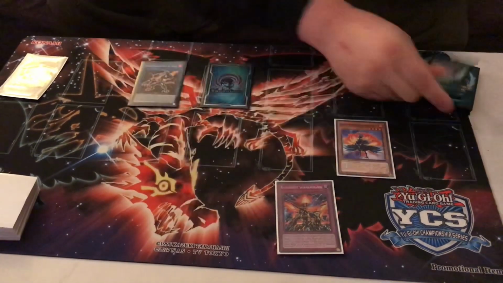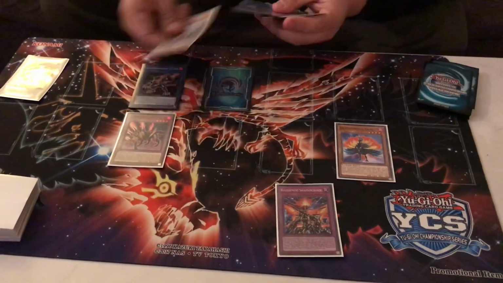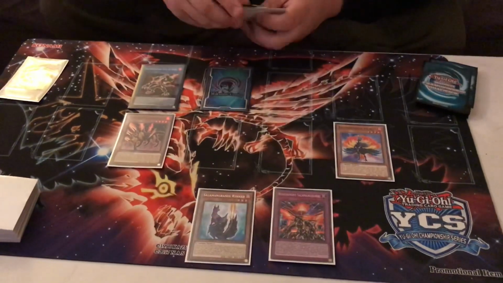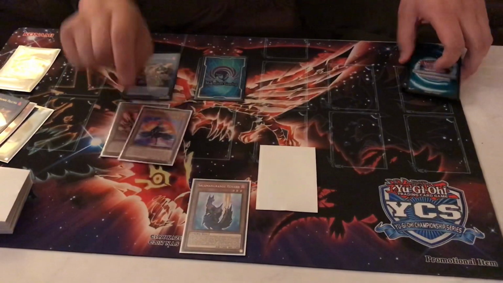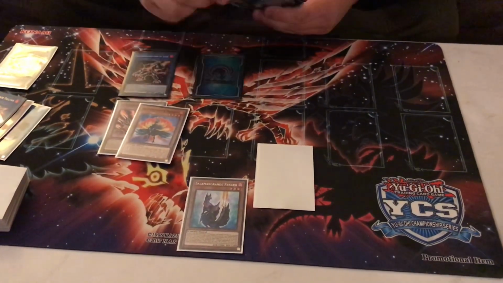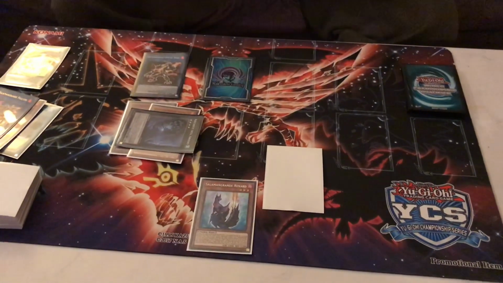You want to bounce back the Sunlight Wolf, and you make Jack, and then you use Jack to add back Foxy, and then you'll set, and you'll make Dweller. And the reason why you make Dweller in defense mode is to protect from Lightning Storm. So yeah,